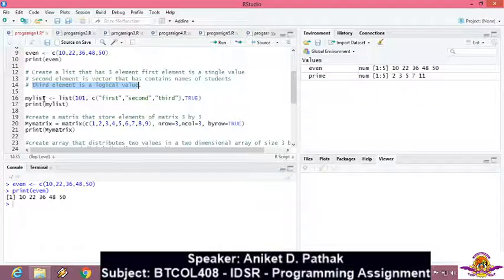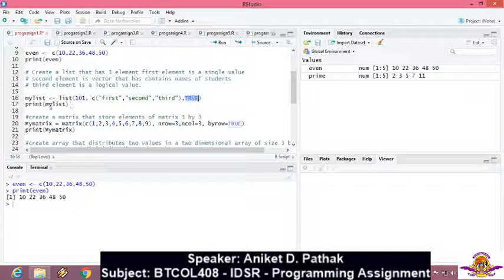So I have created an object named mylist, then the assignment operator, then the list function, the first element separated by comma, the second element the entire vector, for which I would be using the c function, and the third element that is a logical value, that is TRUE. So the list function contains a number of elements that are separated by commas.